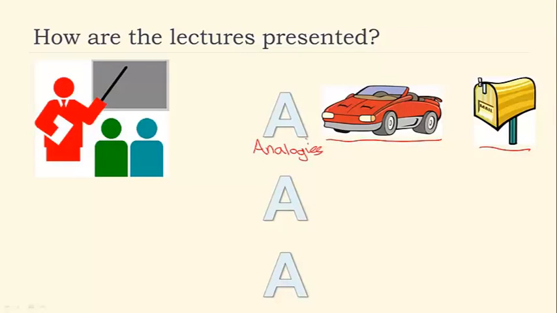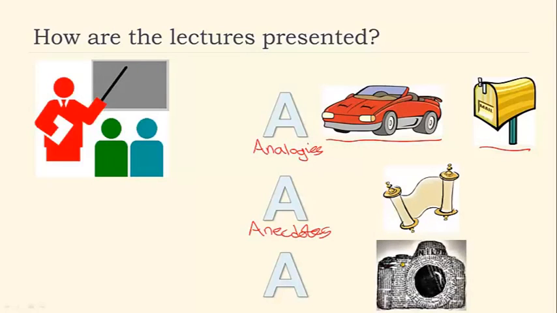The second one is historical anecdotes. Sometimes the best way to understand technologies is to look back to how they were invented in the first place. So we can call this anecdotes. The third one is animations. You've probably heard the phrase that a picture is worth 1,000 words, and indeed, networks are no exception to that. So we'll be using a lot of pictures to explain the material. We can call this animations.